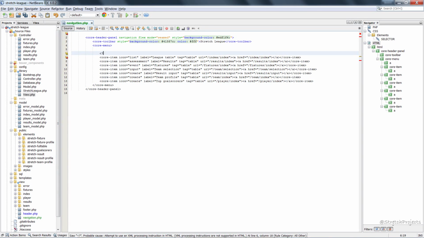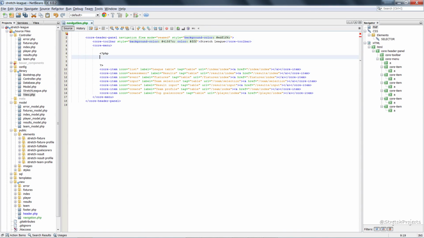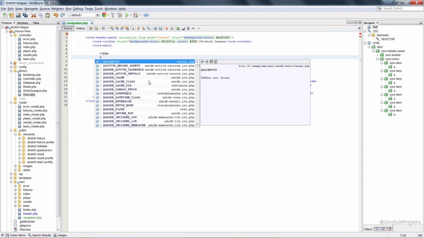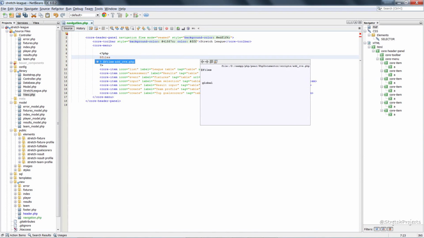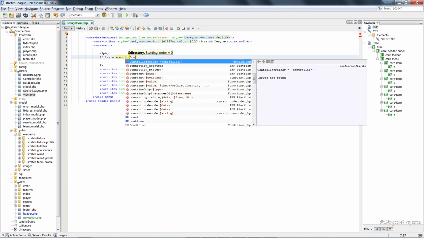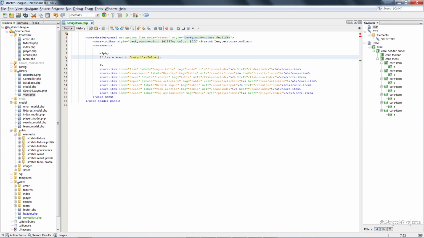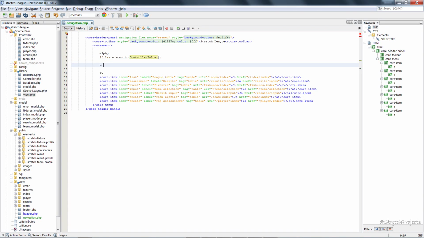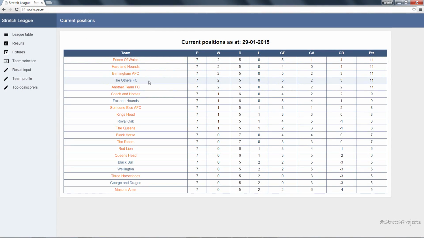So what we're going to do is create a PHP section, and we're going to create a variable called files, and this is going to be the output of a scan directory, and we're going to pass it our controller folder. Now this is actually going to include a couple of things that we don't want, so I'll just output this for now, and kill the page load. And then if we refresh our page,